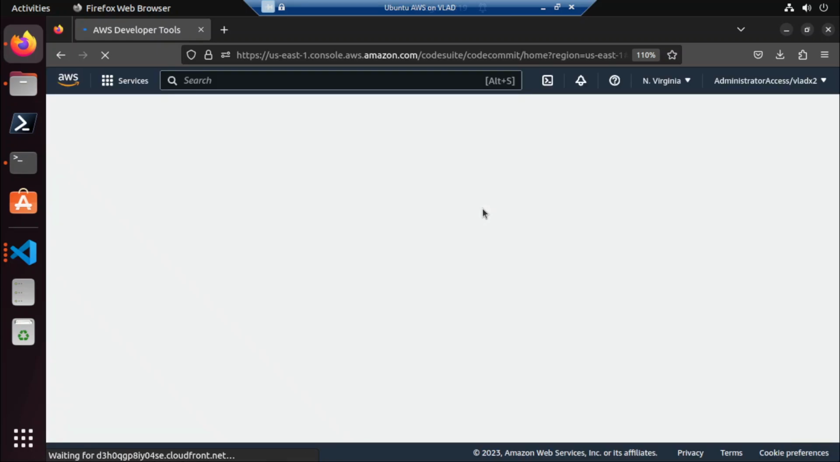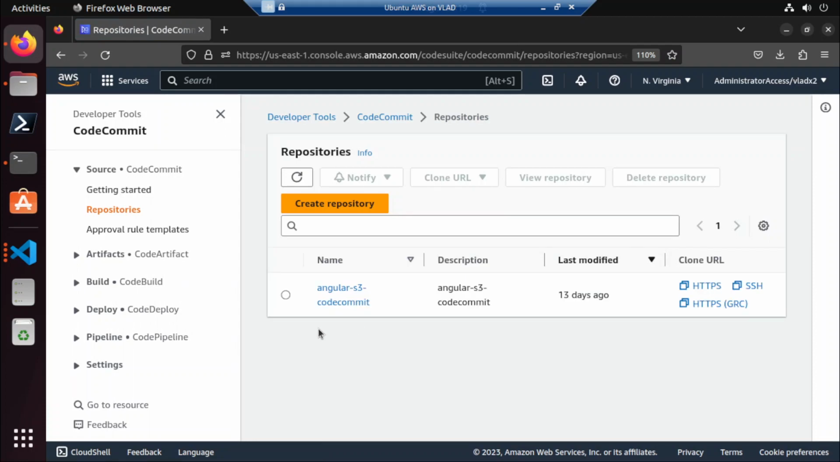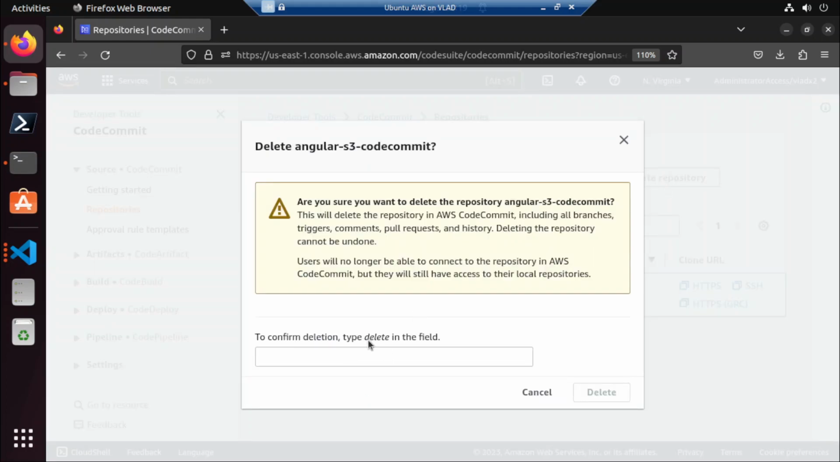What is inside of this? Do we have a repo here that we haven't deleted? Yeah, we do have a repo here. Hmm. Let's delete this. Delete the repository so that